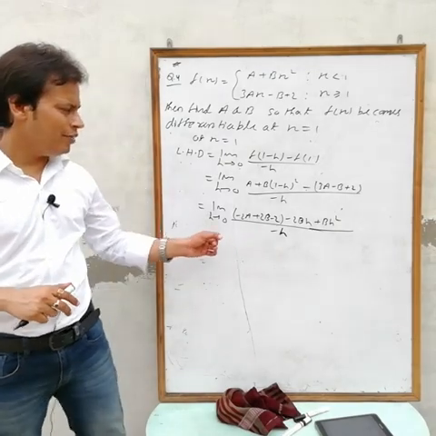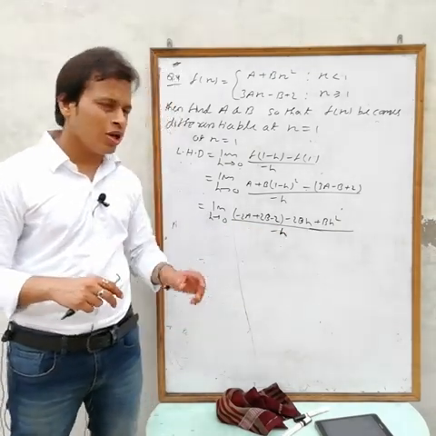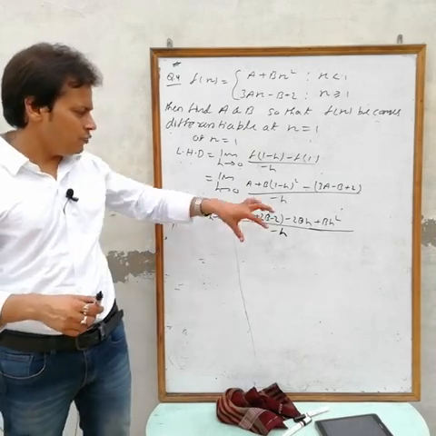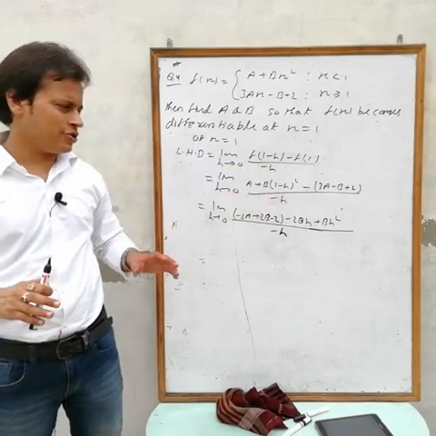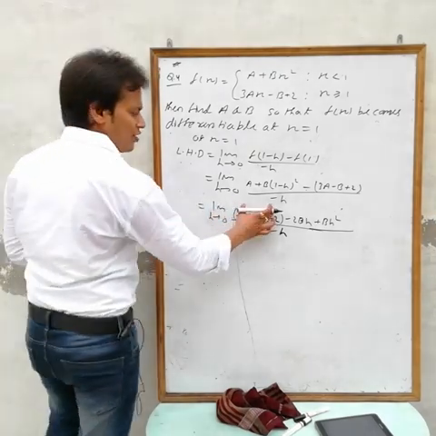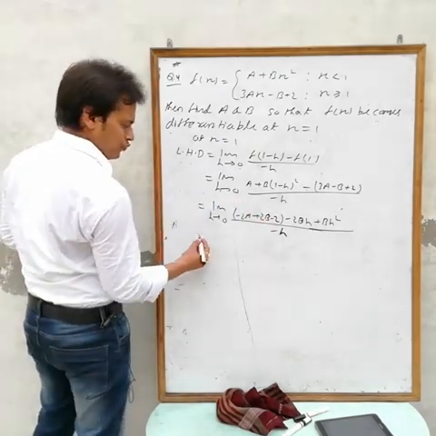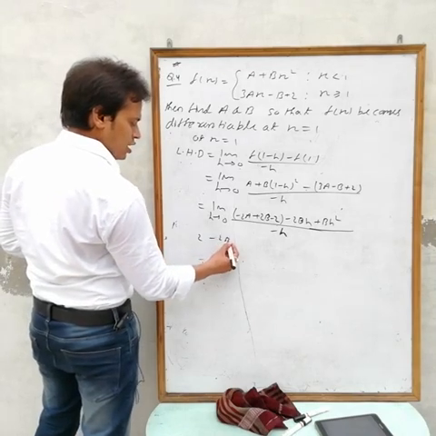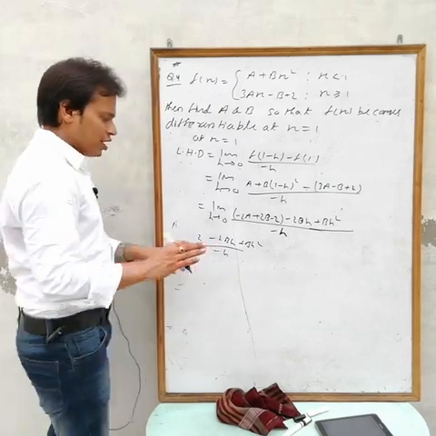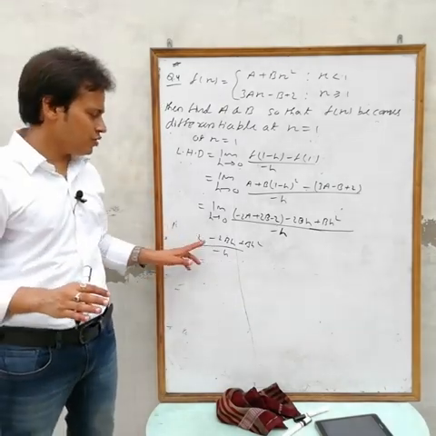Okay, here the minimum power of h is 1, then in the numerator also the minimum power of h must be equal to 1. Okay, it means this must be 0. Now suppose, for example, this is non-zero, choose any non-zero value for this one, suppose 2. Minus 2bh plus bh square by minus h. Now you can't cancel out h. If this is not 0, then you can't cancel out h.